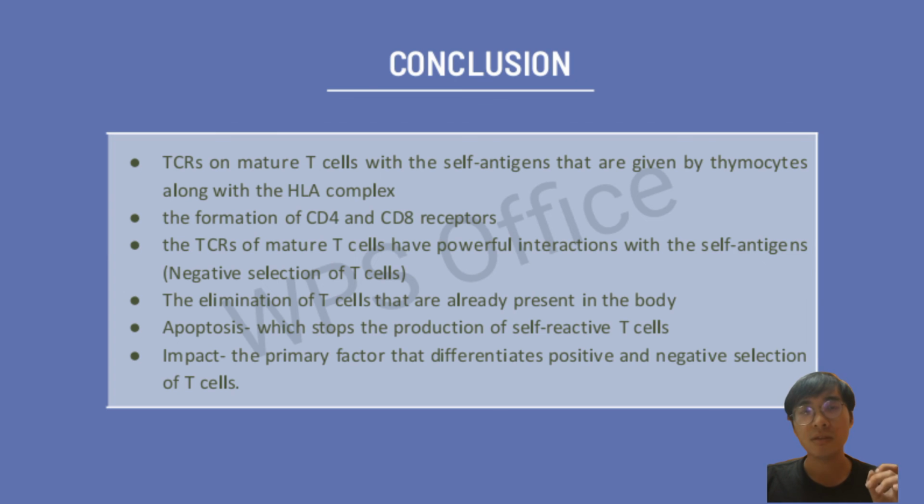Besides that, the negative selection of T cells happens when the TCR of the mature T cell has a powerful interaction with the self-antigens that are found on thymocytes. This results in the elimination of T cells that are already present in the body. Subsequently, this process leads to the death of the cell by a process which is known as apoptosis, which stops the production of self-reactive T cells. The impact that